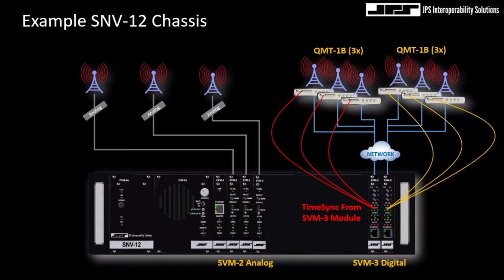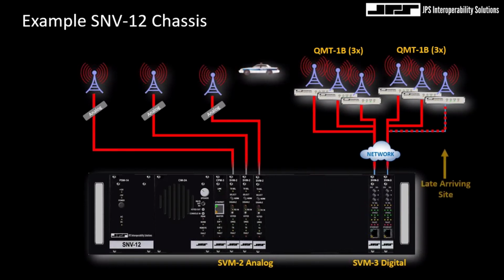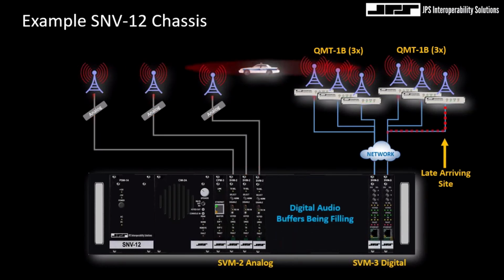This will help later in the process to synchronize and align the delivery time of the audio derived from each of the remote receivers, regardless of the delivery method, could be analog or digital. And this is based upon the timestamp of the ROIP data, and namely the first ROIP packet in the receive audio stream. So the first instance any SVM2 or SVM3 site is unsquelched, the initial audio ROIP data will be